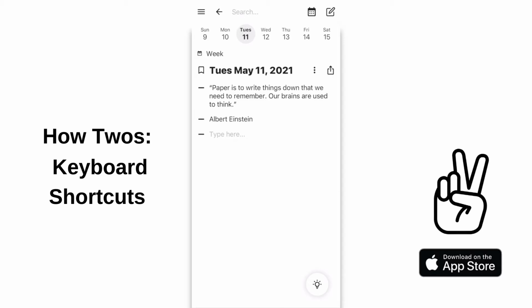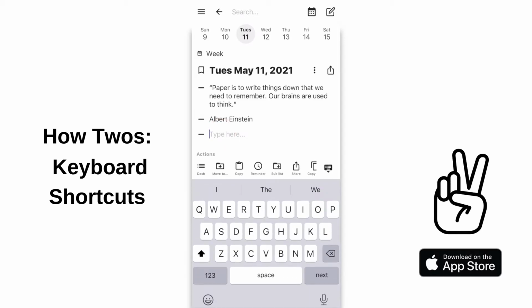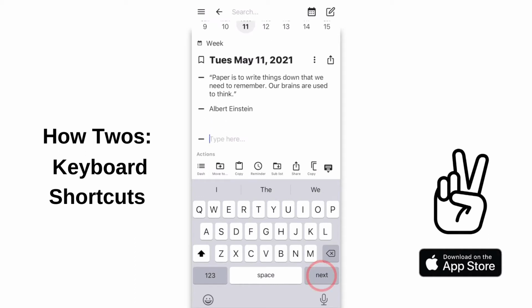How-To's: Keyboard Shortcuts. First, position your cursor at the front of anything that you've written down or at the front of a new thing. Once you have positioned your cursor in front of a new thing, you can use space to add a tab, you can use backspace to remove a tab, enter to add a space, or backspace to